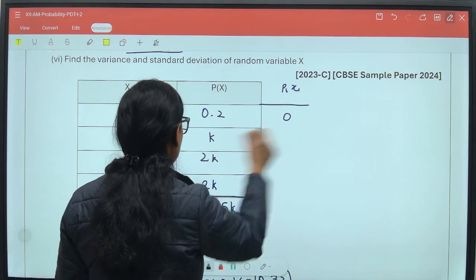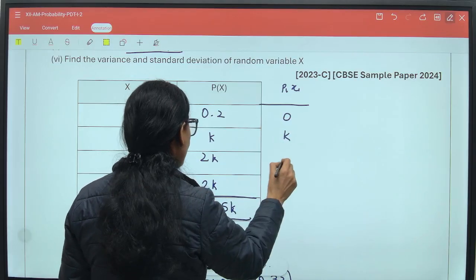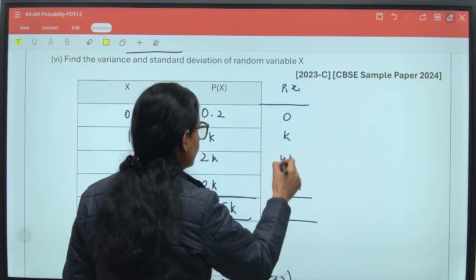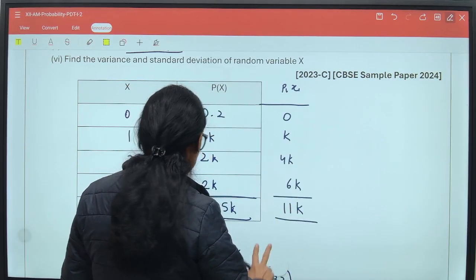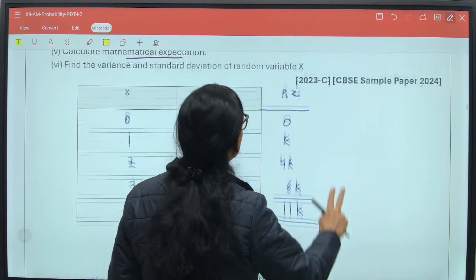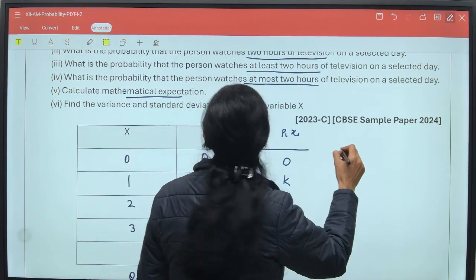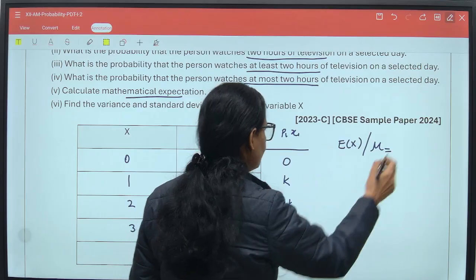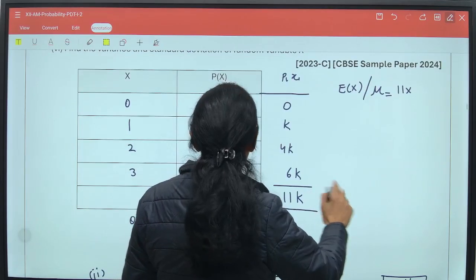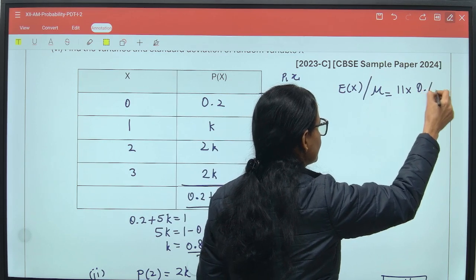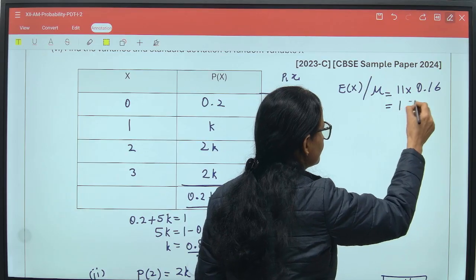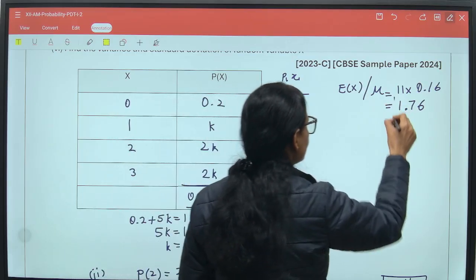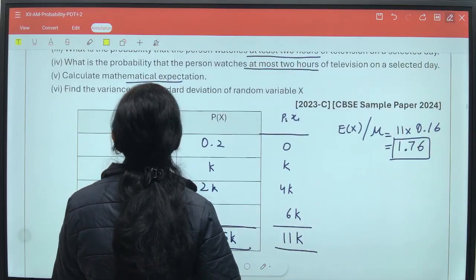What is the product? 0, here it is k, here it is 4k, and here it is 6k. So what is the sum? 11k. Let's put the value of k and find the mean expectation. We can denote it by E(x) or by mu. It is the same thing. So that comes out to be 11k. That means 11 into 0.16. So it is going to be 176 and 1.76. So the mean expectation is 1.76,